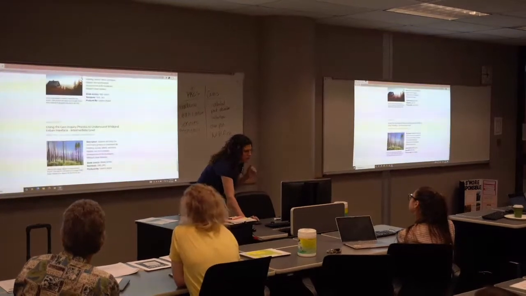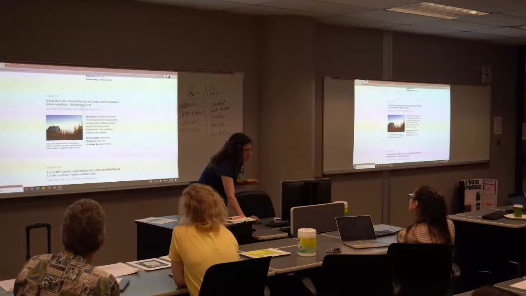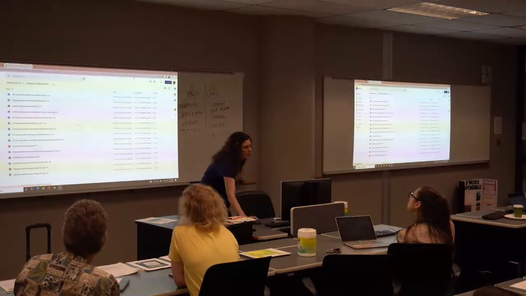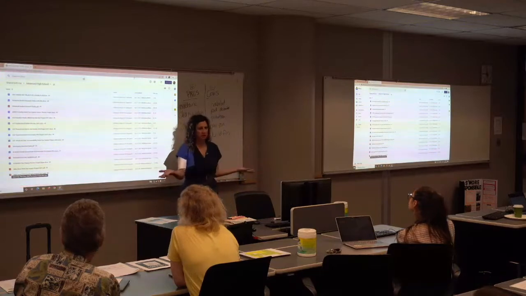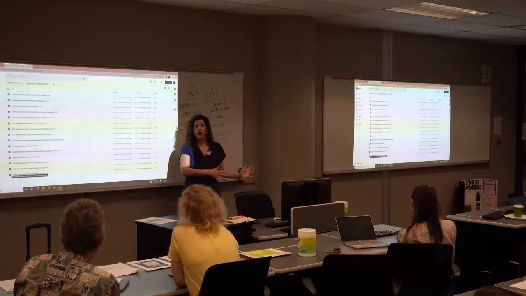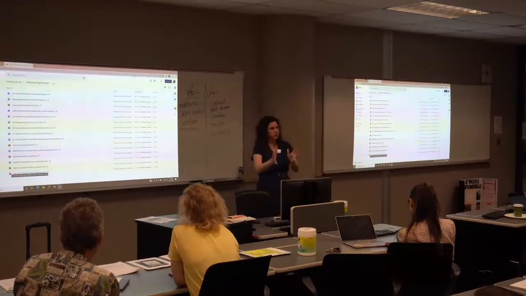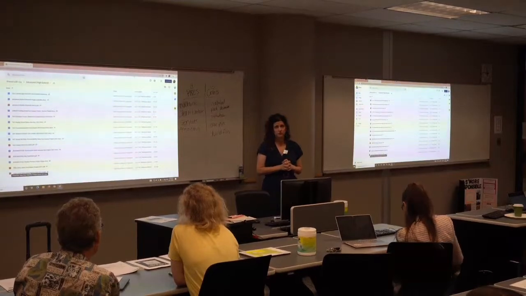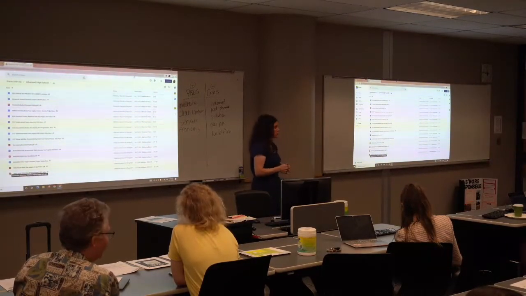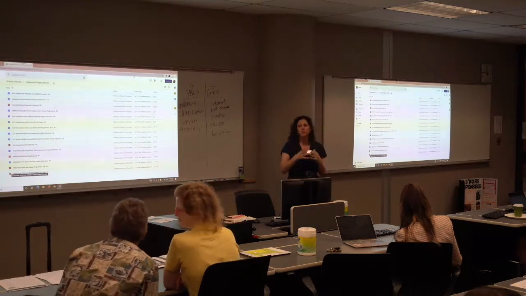Mine has 2. So there's the intermediate level, which is the shortened version, and then there's this advanced version. So all I have to do is click in it, and then every single one of these files is in there that is ready for duplication. Again, if you would like to change it, modify it, I would be happy to give you the original, and you can modify it however you want for your classroom. Does anyone have any questions? I know there's things that I've forgotten to tell. I really hope that you guys